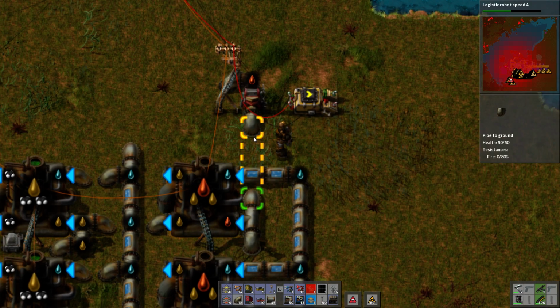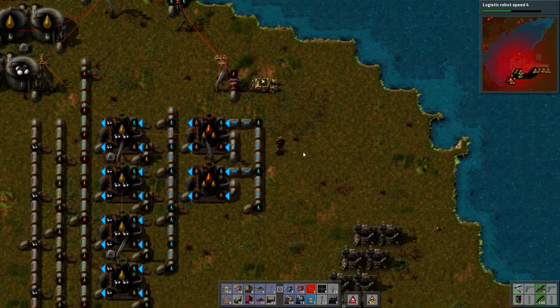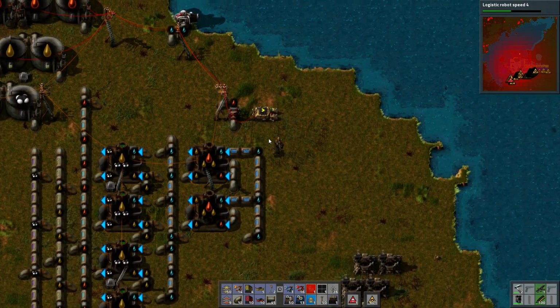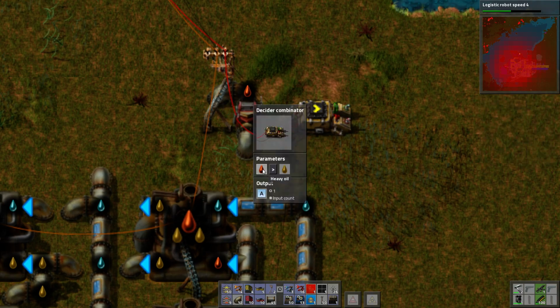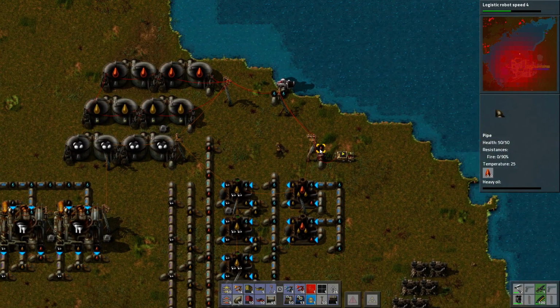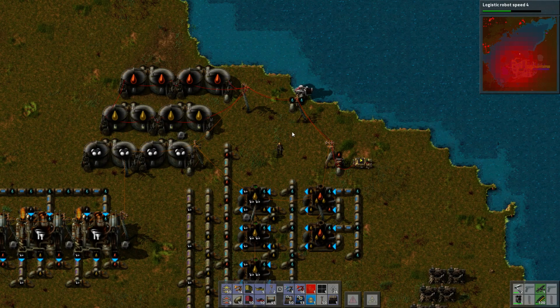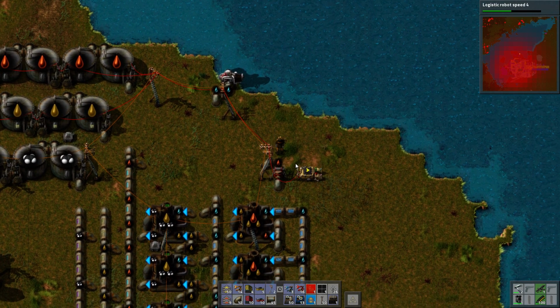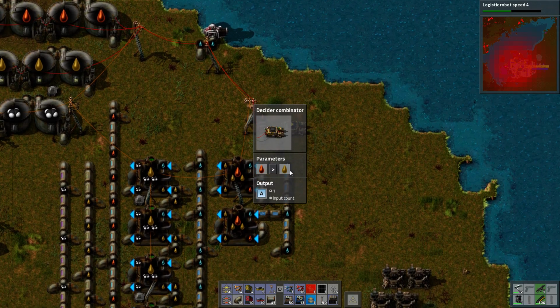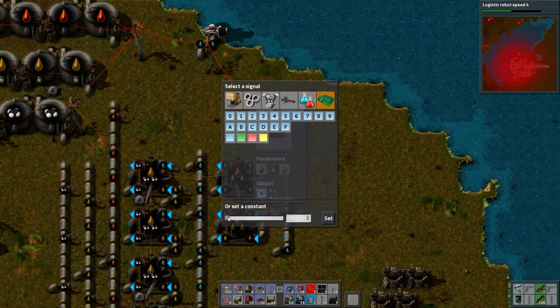Okay, so, if I'm understanding this correctly, I should probably be focusing on the fact that my base is dying, but I don't really care. If I understand this correctly, within the red circuit network, because that's all that's connected to it, if heavy oil is greater than light oil, or if I could just change it to a number, if heavy oil is greater than...